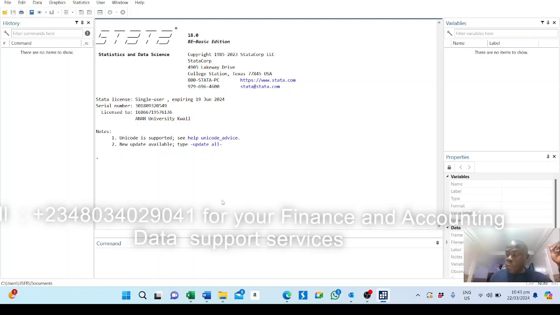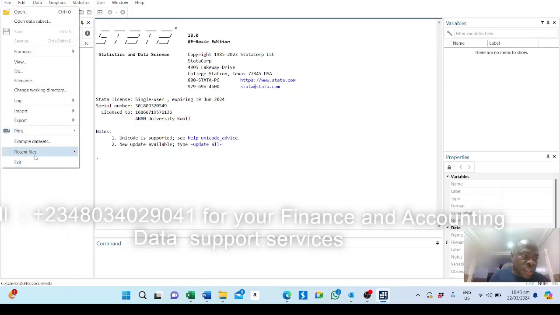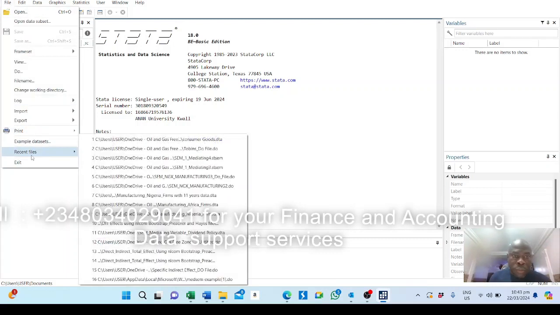So today we shall be starting with descriptive statistics. I'm using Stata 18 edition, and we shall be using some financial data to explain how you run descriptive statistics in Stata software. I will load my data, which I already have in my system,